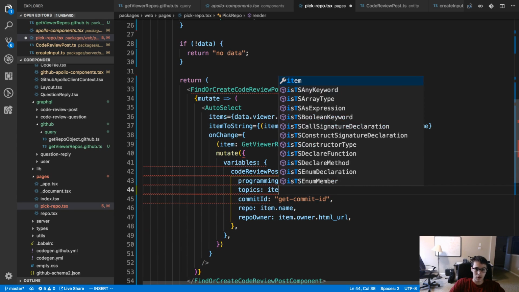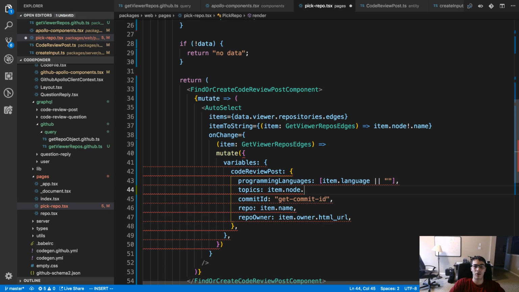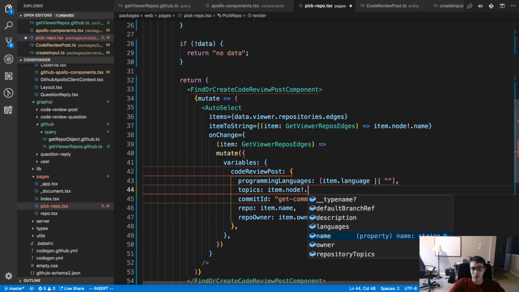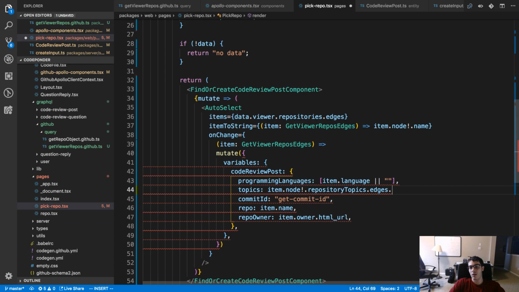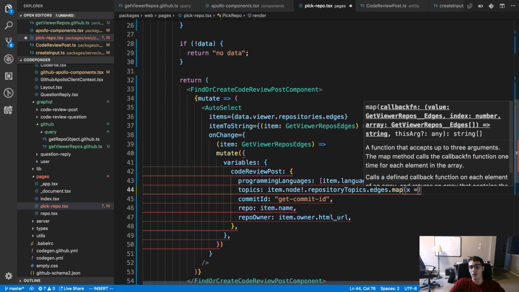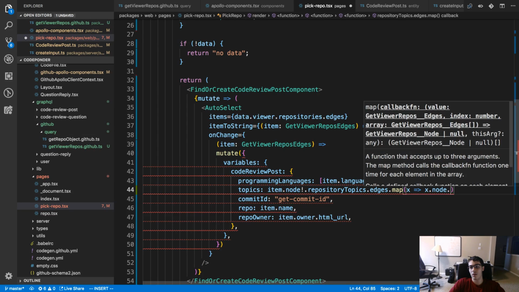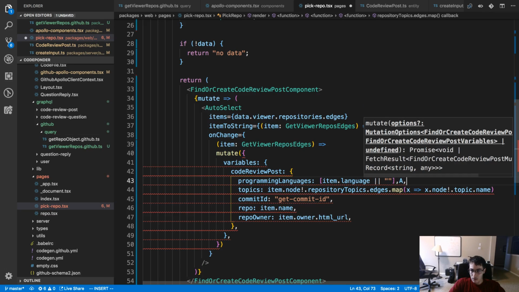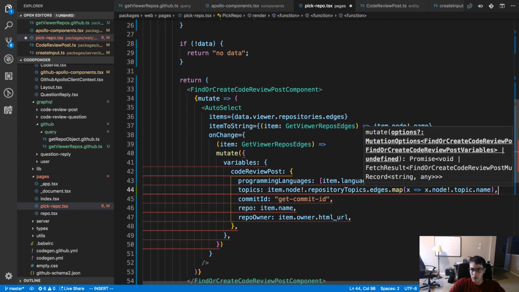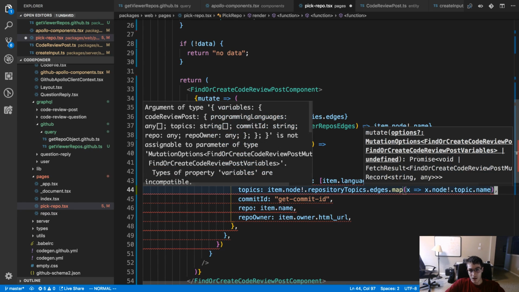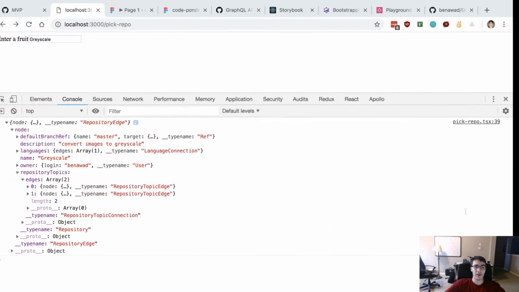So topics is going to be equal to item.node. So that's what topics will be, and let's see if name is always a string. And it's not going to tell us because we have these other problems.